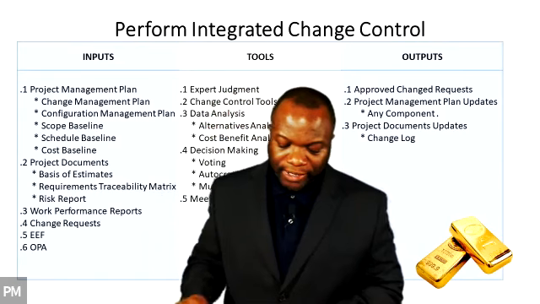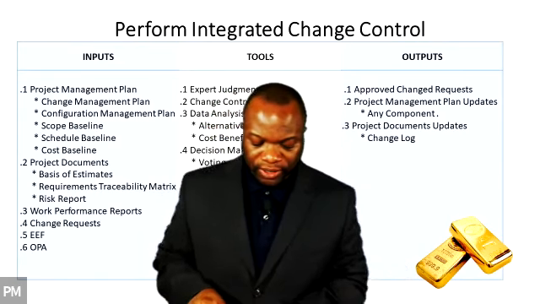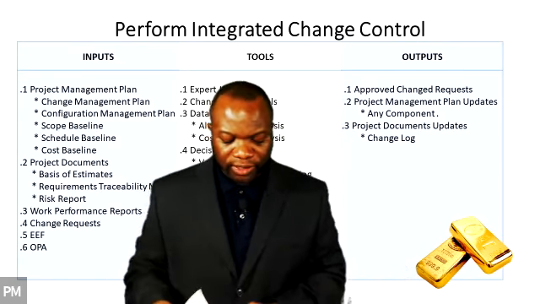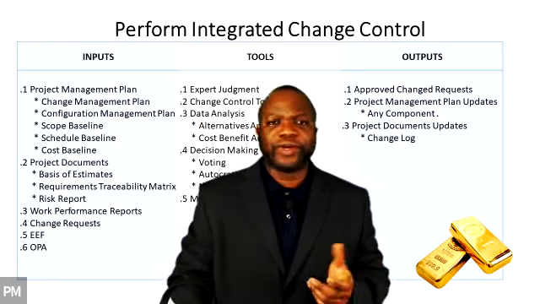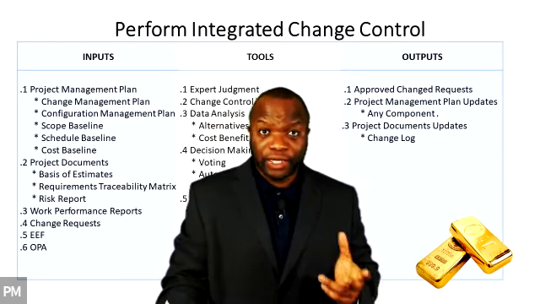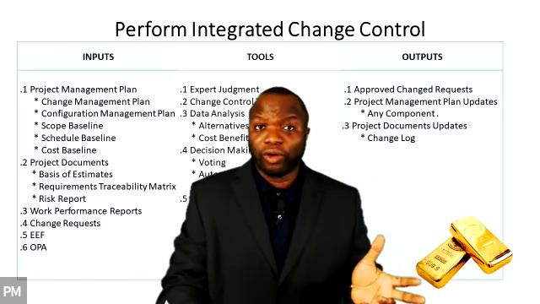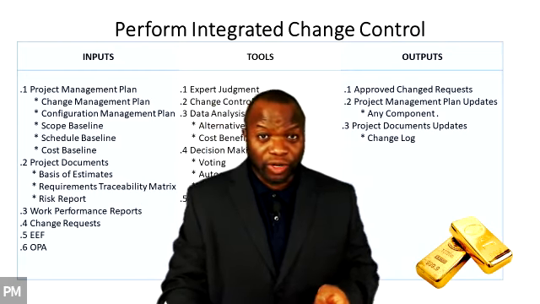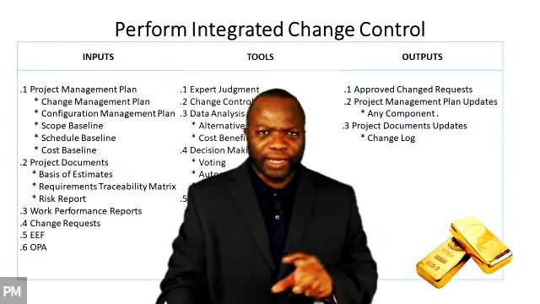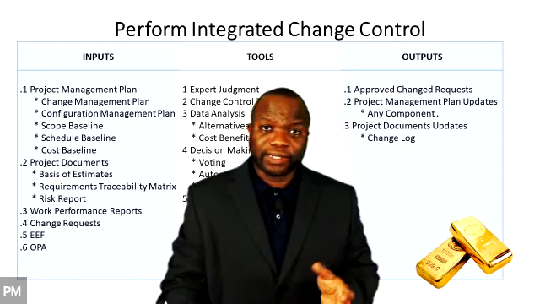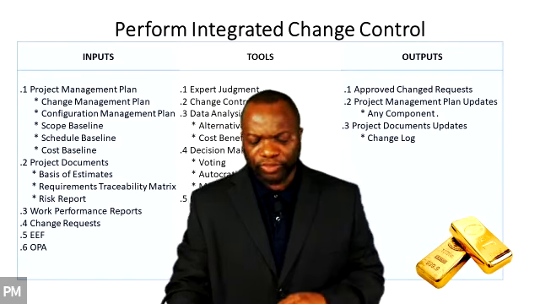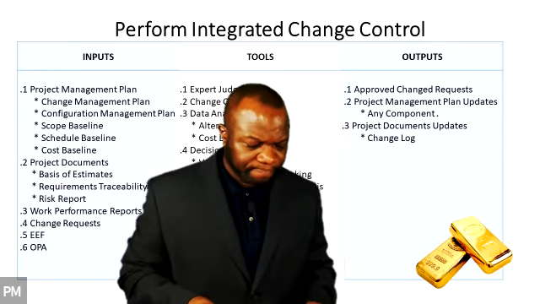Multi-criteria decision analysis uses a decision matrix to evaluate the change request. So you could look at the change request in terms of value, ease of carrying out the change request, stakeholder engagement that may result, and you could score these different variables and decide, okay, we're going to do this change request, this one we're not going to do, so on and so forth. Okay,